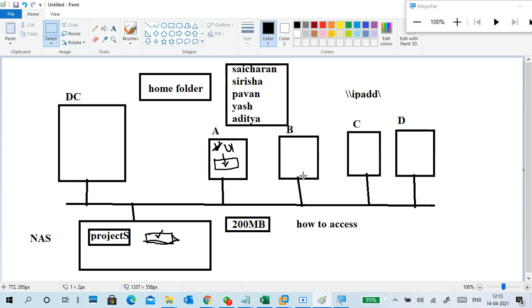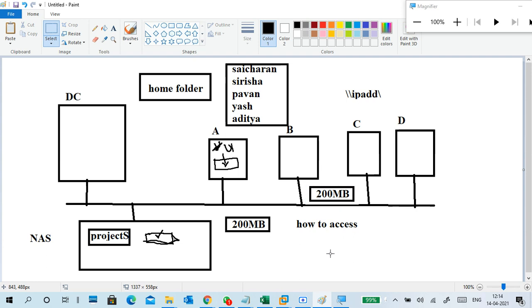For example, another user logs in here, so he also gets a separate mapped drive, not the same drive. A separate drive for each user: IT user 1 has one mapped drive, IT user 2 another, IT user 3 another, but each mapped drive is 200 MB only.